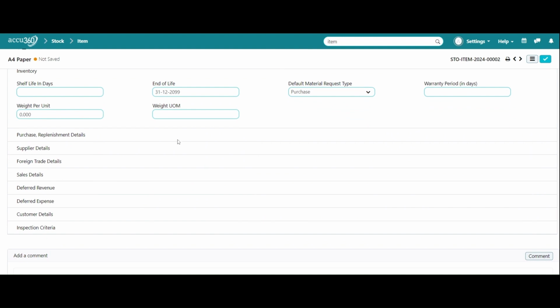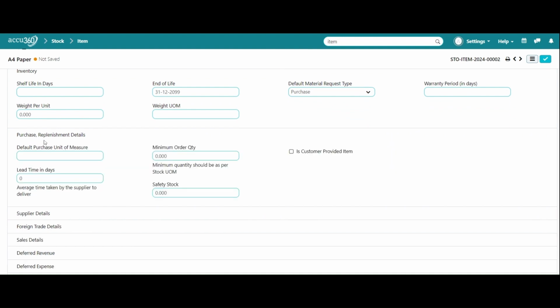Okay, then the next option is purchase replenishment and details. So default purchase unit of measure, we can mention the purchase unit of measure. Okay, sometimes it might happen that we purchase the units in one default unit of measure and we are selling the unit in another default unit of measure. Like we purchase a carton of tape and then we will sell only single tapes to our customers. Okay,